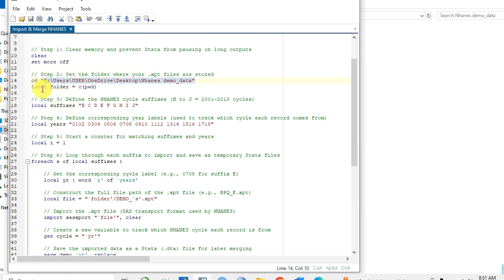Then sometimes when you install Stata, by default it can take all these files to the original location where Stata is installed. To avoid that, to instruct Stata to store these files in your present folder, you have to use this command, PWD, which means the permanent working directory. So you are changing it so that all your files are stored in this permanent working directory. Then next you have to